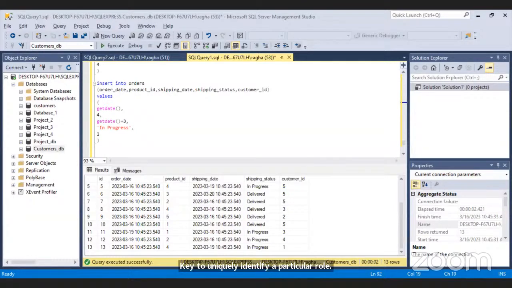In the earlier table, we saw that student ID was the primary key for the student table. And a foreign key is used basically to connect the two tables, to maintain the relationship between the tables and to maintain the integrity of the data. And then a join is basically used to combine two or more tables based on the related fields between the two tables.